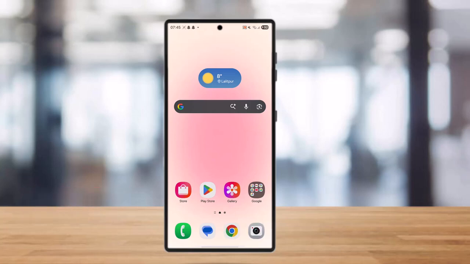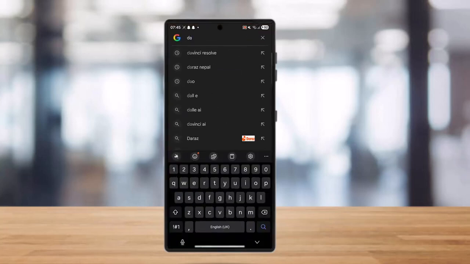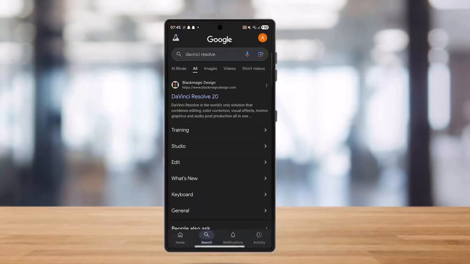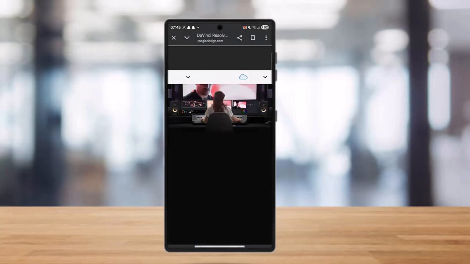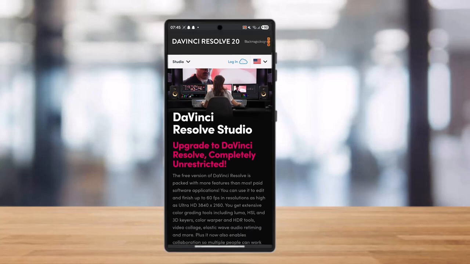So if you want to track moving objects in DaVinci Resolve, all you gotta do is simply go to DaVinci. Once you're in your DaVinci Resolve, you need to now go to the Fusion page. Once you're in the Fusion page as well, you need to add a tracker node, that is point or planar tracker. Now you need to select your object with the tracker box for good contrast and simply hit the track